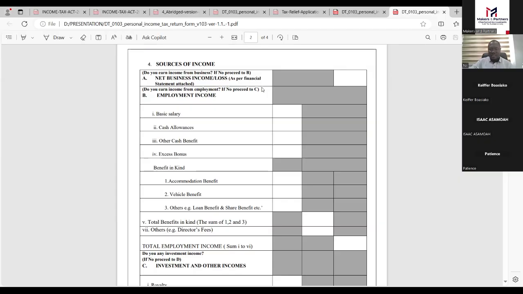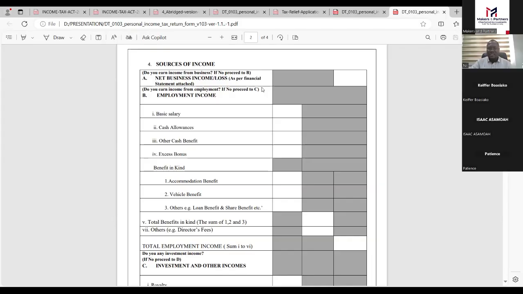I think there's a question in the chat box. Who is JB? JB says, please, the attached financial statements portion of the PIT form, what does it refer to? Is that the person's financial statement or the business financial statement?